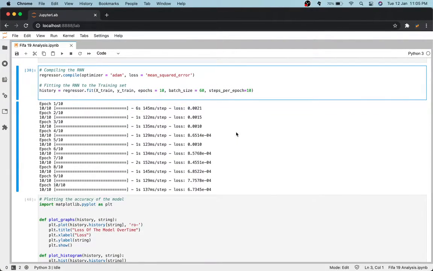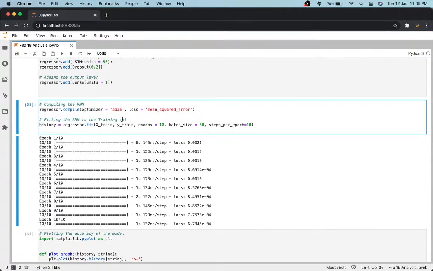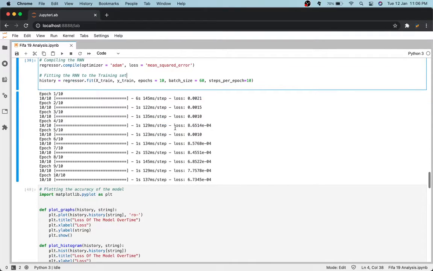As you can see, with a mean squared error, the loss will actually go down. Now, this model was created a good amount of time ago, and I was not very good at model building with text classification. So that's why you can see the loss is not very good, but if you use some other loss function, it will be higher than this. So that's why this loss function works pretty well for me.